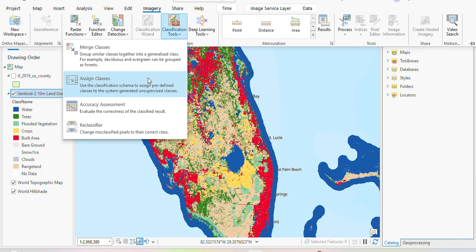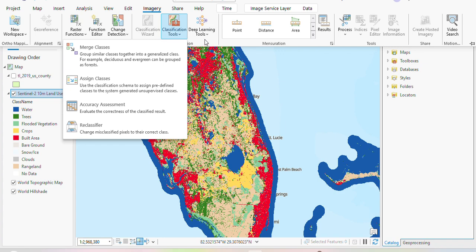You could also assign classes differently. You could also do reclassify. Let's say you classified something and it didn't come out quite how you want it to be. You can always reclassify. And then for statistical purposes and level of accuracy, you can also do accuracy assessment. And there you also find the kappa value and all that. So it's